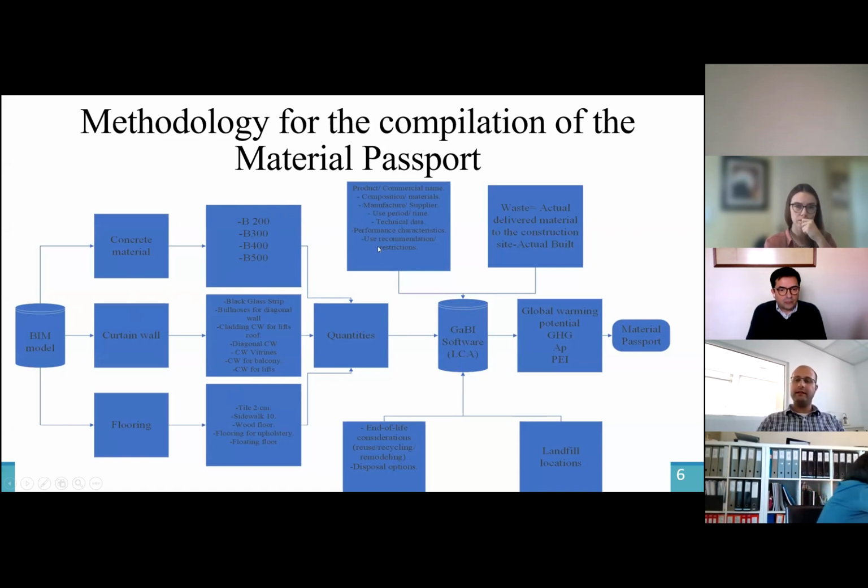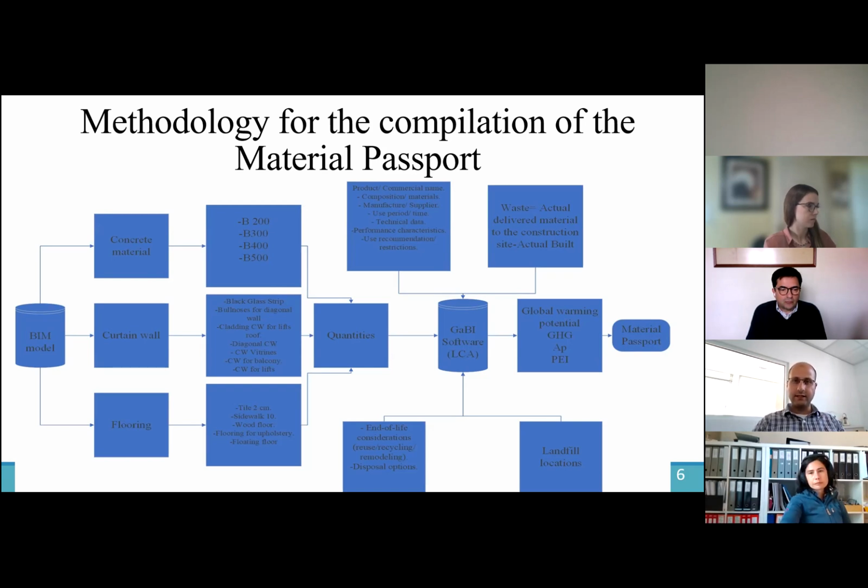Now we are in this stage of the research. There are a lot of challenges in this stage because we are collecting data from the construction site. For each material used in the construction project, we need the product and the commercial name, the composition materials, and the manufacturer suppliers in order to make an assessment for the transportation from the factory